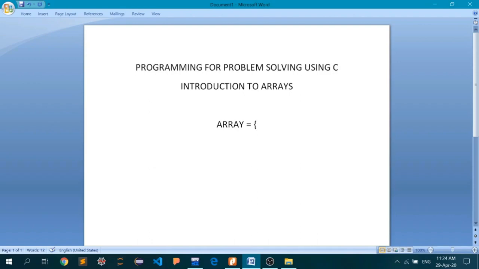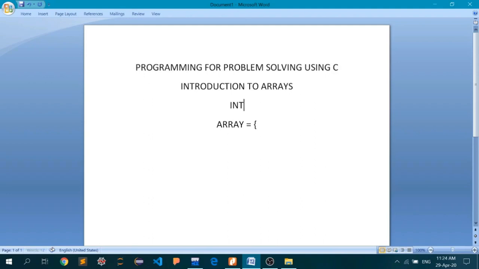Let's take an example. Say I want to store the first 5 integer numbers. The conventional method is to initialize 5 integer variables.